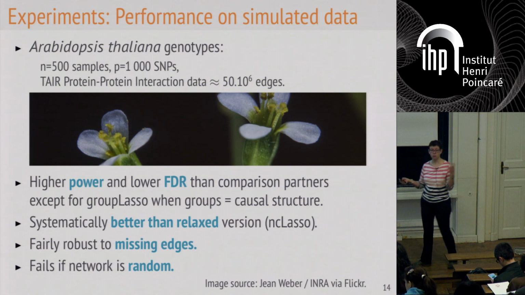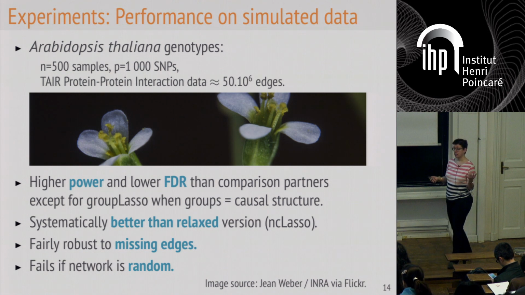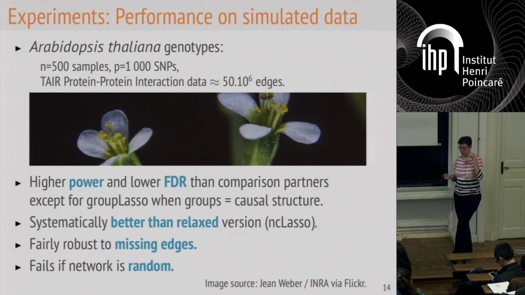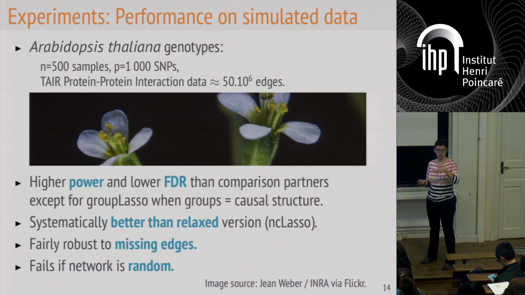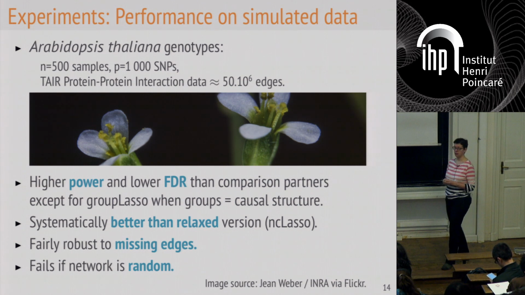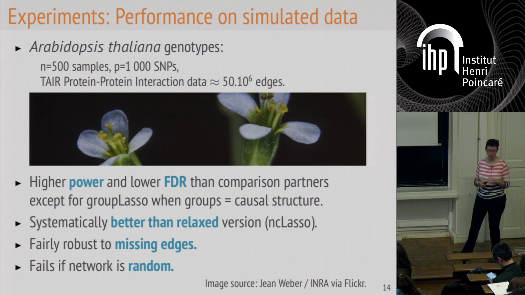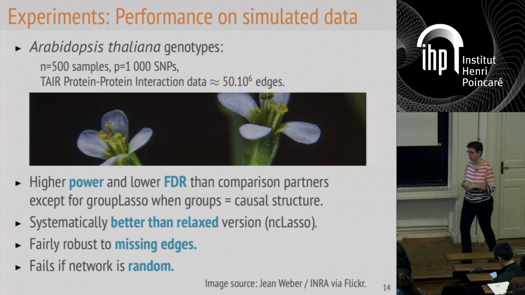So if you remove edges at random in your network, because you're not strongly enforcing that your solution should be a connected subnetwork, you're just penalizing the solution if it's not well connected, but you're not enforcing that this should be one network, which is what a lot of methods in bioinformatics do on this problem.